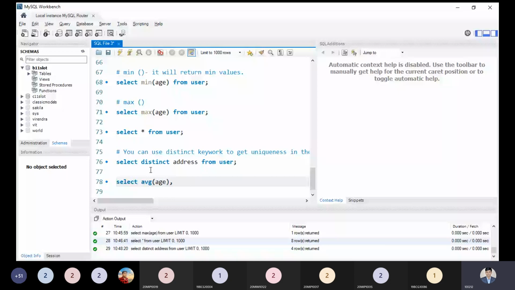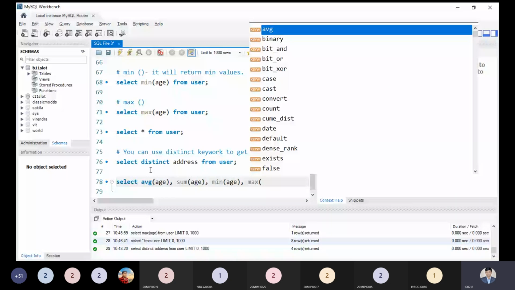I can apply multiple aggregate functions simultaneously on different columns. I am using only one column, that is okay, no issue. If you want to use multiple columns simultaneously, you can.